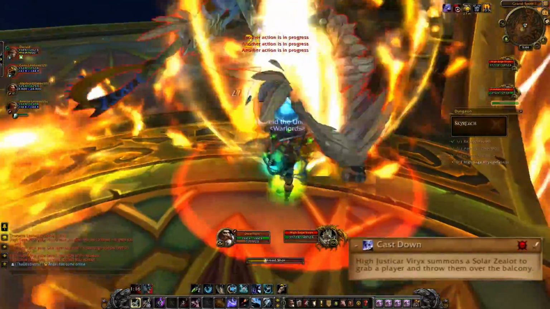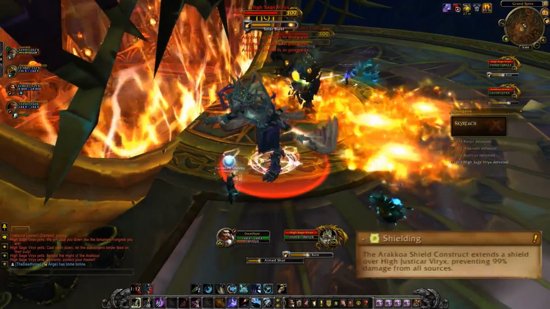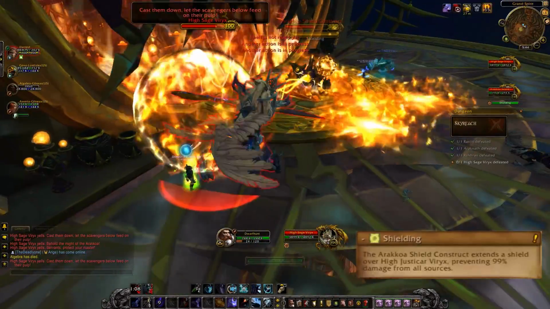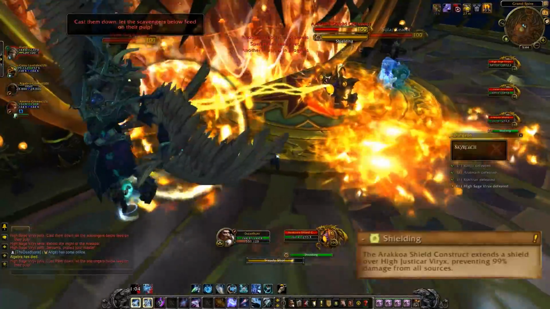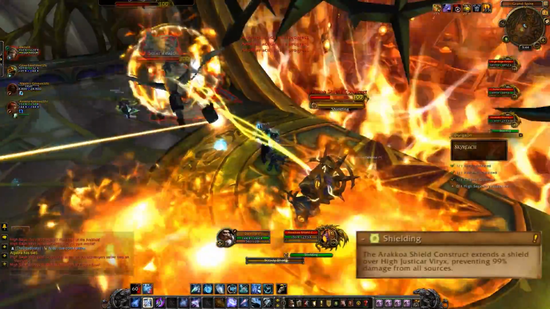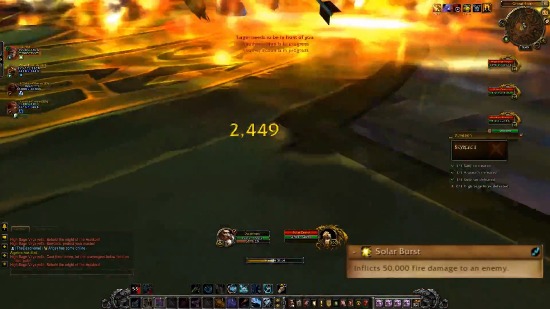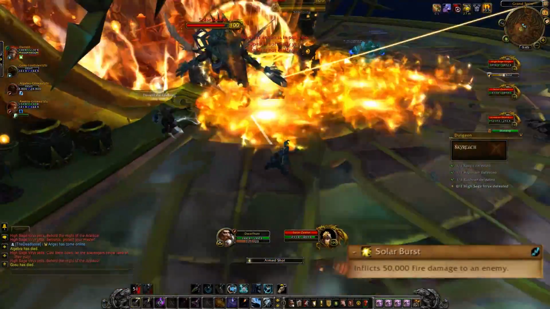Now, at this point, I was just sort of wondering, wow, I'm not doing any damage to the boss, and then I noticed that there was this shielding ad, and I don't know how long it took me to switch over to him. Yeah, there we go, now I switched. So you want to kill that to take the shield down. And that's basically it. The only other thing that the boss does is an ability called, I believe, Solar Burst, which does 50,000 damage to a player, but it's interruptible, so you can